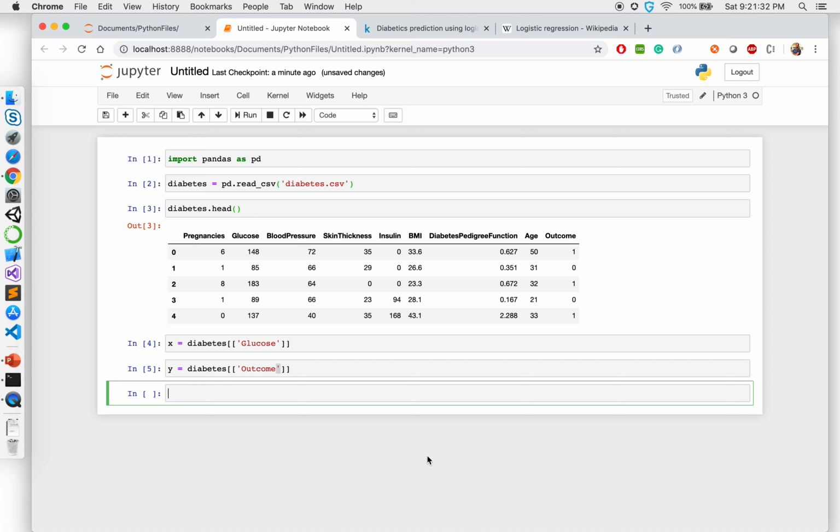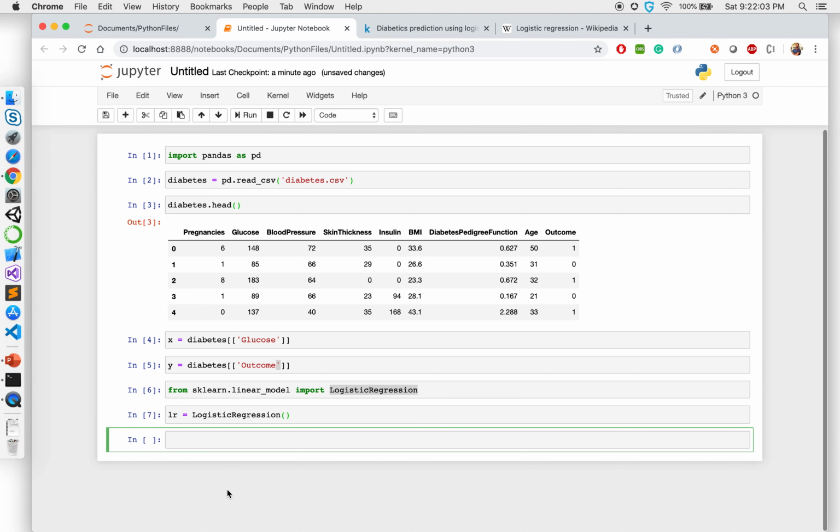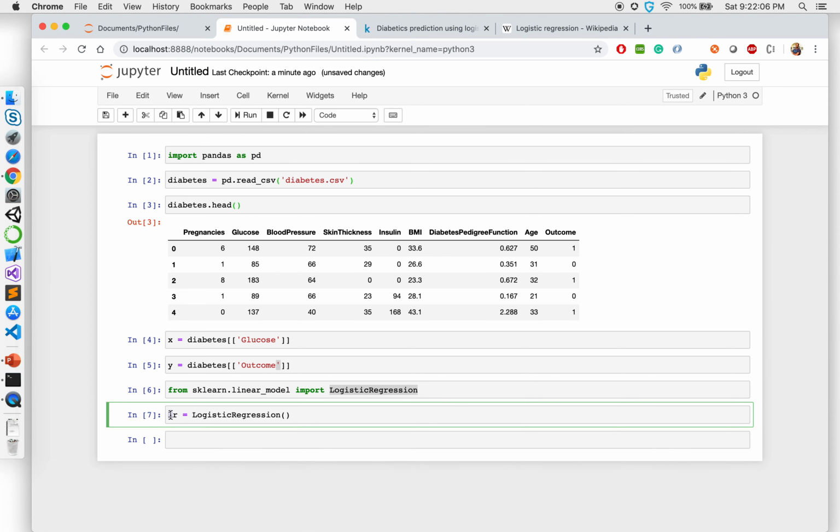Now, something that we did in our linear regression, if you've not seen it, I would recommend you first see linear regression and come to logistic regression. We're going to use the same library that we used there, which is sklearn.linear_model, to get a model. I'm going to import LogisticRegression in this one. In the previous one we did linear, and this one is logistic. That's the difference. And I'm going to create a variable lr, or I can say log_r, just to have a different name from the previous project.